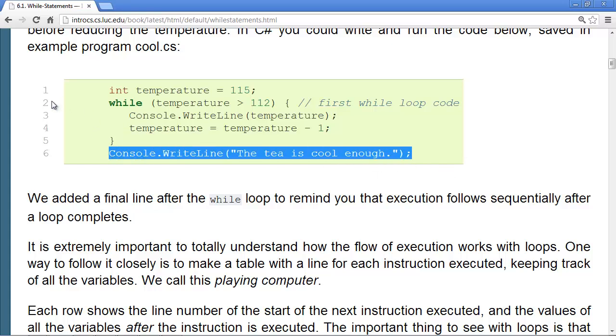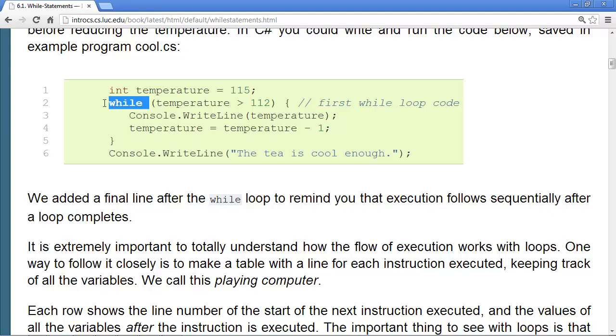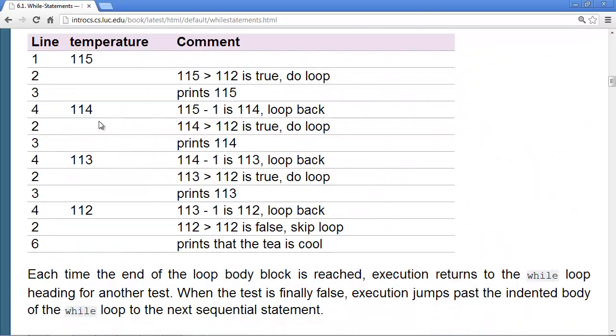We go back to the while heading, which was line 2. As I say down here, after we finish the last statement inside the body of the while loop, we go back and we do the loop again.